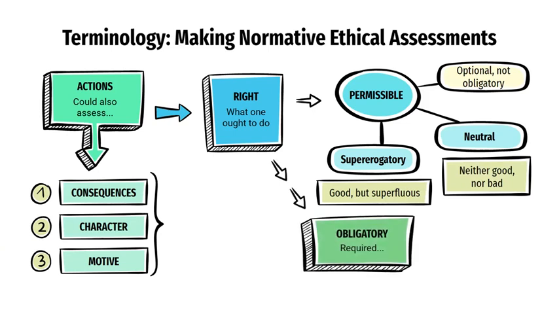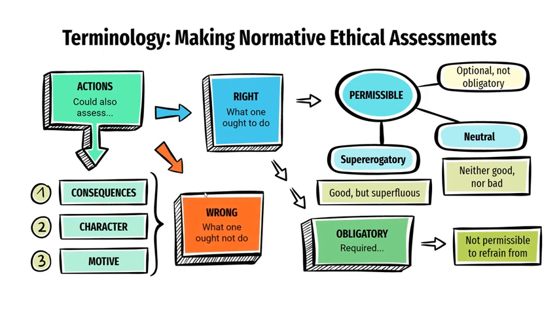Maybe you think that there are some actions that are obligatory. They're not just permissible. I'm not just allowed to do it. I'm required to do it. So there will be some examples in some of the ethical theories of actions that we're obligated to take, whether it's helping someone else in a time of need, or maybe you think that we're obligated to tell the truth. These are distinctions in ethical theories that are worth discussing.